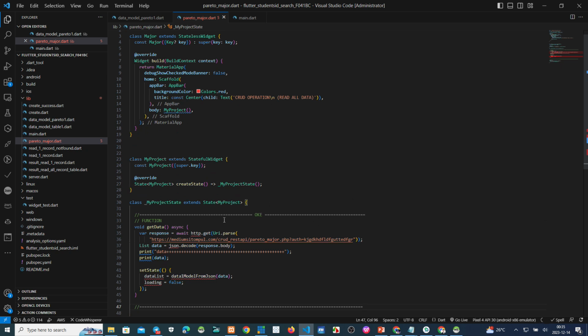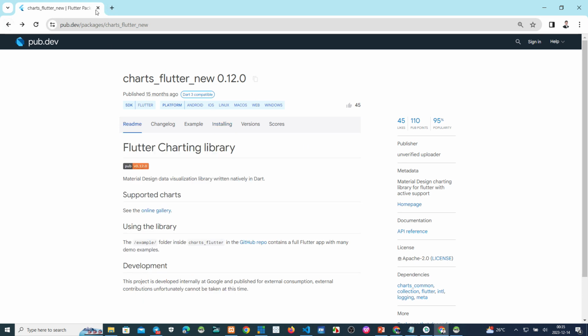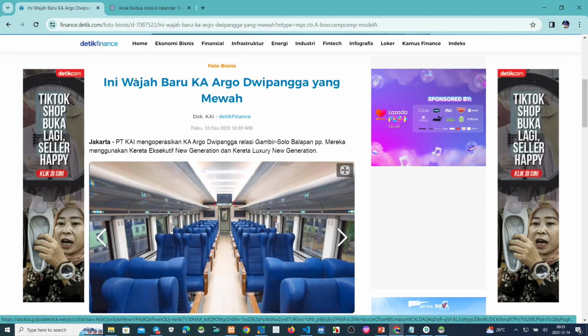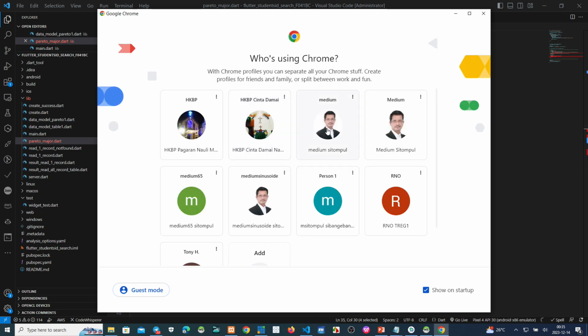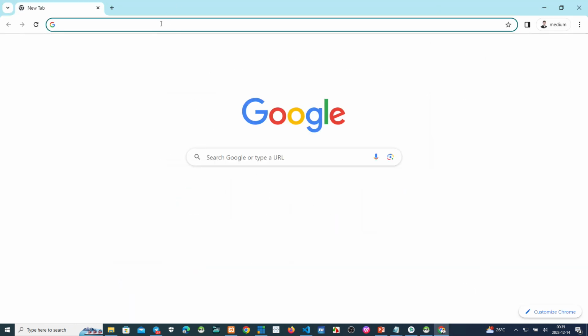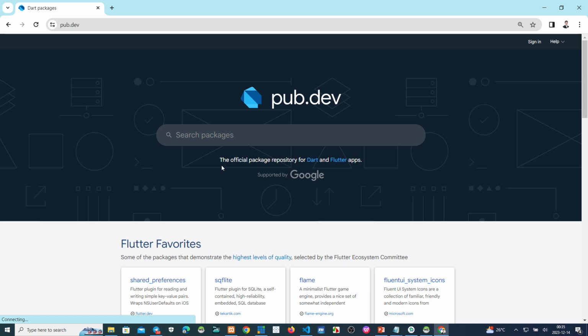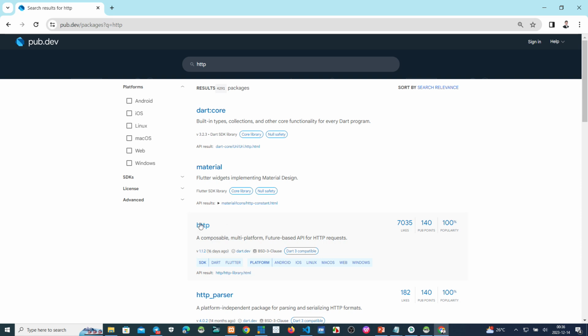Because we use the HTTP package, we must import this HTTP package here. On pub.dev, HTTP, this one.